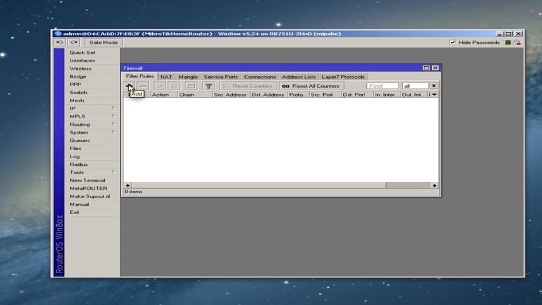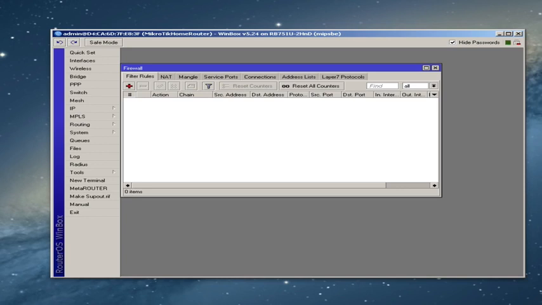We're going to use two different basic types of rules. The first will be a straight filter rule that will filter traffic based upon IP address, and the second type of rule will be a stateful rules, or a set of stateful rules that will allow us to filter based upon connection states. And that's really one of the very powerful features of RouterOS, is this ability to filter